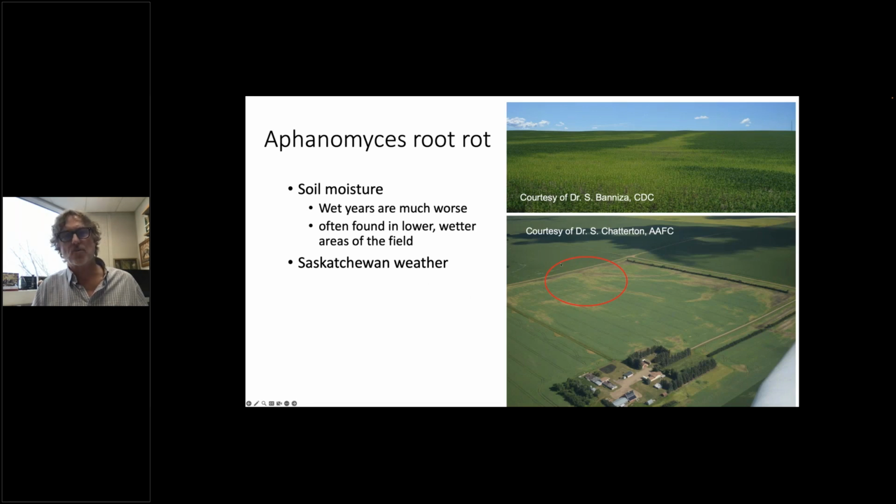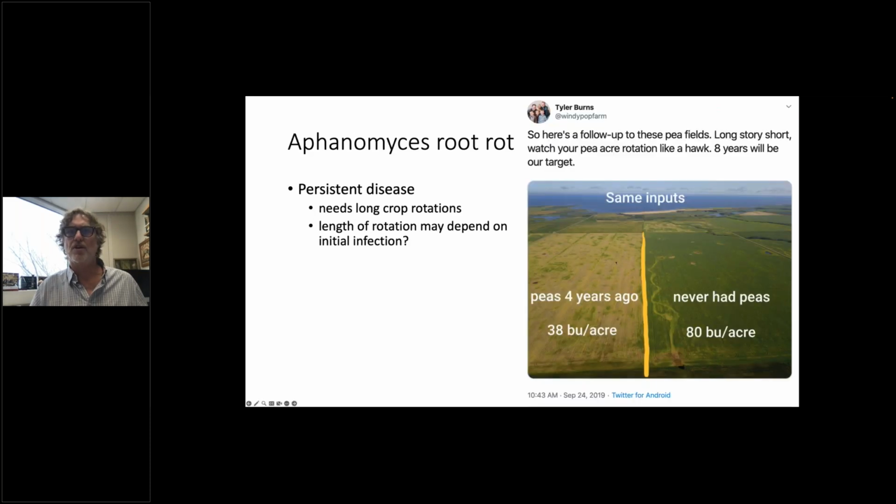And of course, Saskatchewan weather, we'll talk about that in a while, varies a lot. Some years, you cannot predict that. You don't know what it's going to be. So basically, you're kind of stuck with crop rotation. If we think back to this one, we're trying to avoid planting our peas onto fields like this that have a lot of inoculum growing in there. So that requires that you think about several things. And here,